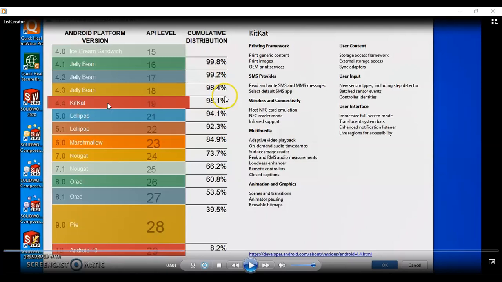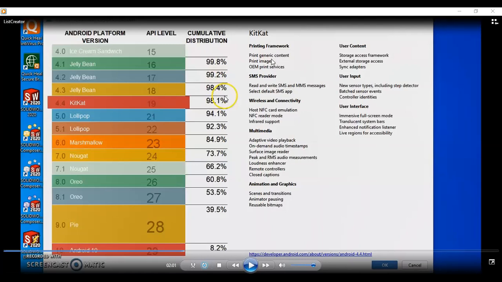You can scroll through all the available API level options to know what different features they provide. In this case, KitKat 4.4 with API level 19 has been selected. It provides support for the printing framework, SMS, wireless and connectivity, multimedia, animation and graphics, user content, user input, and user interfaces.